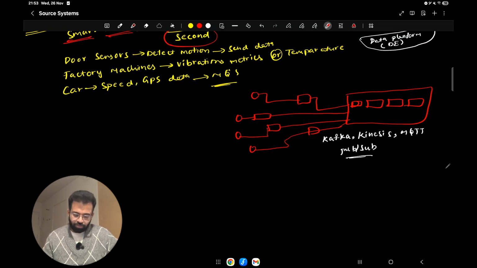In this case, what you need to understand is that these tiny devices are just emitting the data. It's not like you are pulling the data from them, they are emitting the data, and then you will be listening to some message queue or streaming platform which is subscribing. Then you will get that data, and then you have to process it.